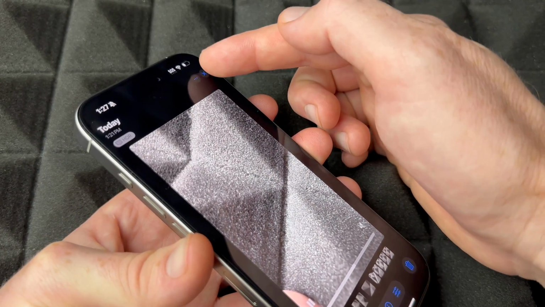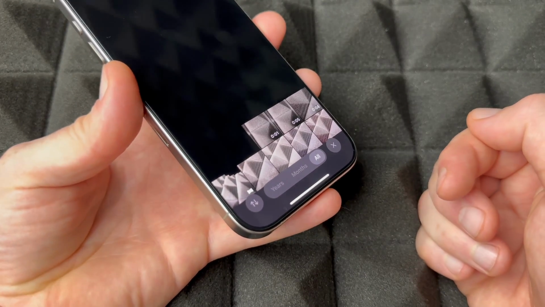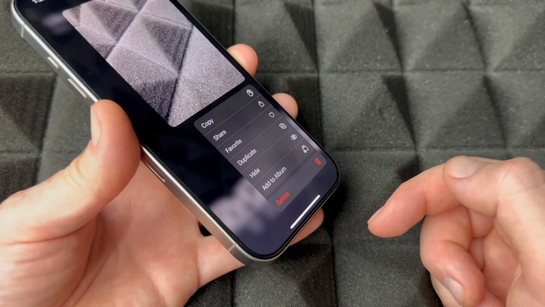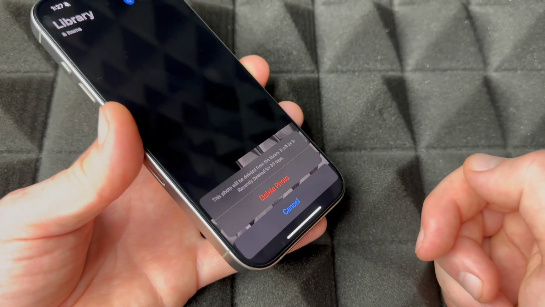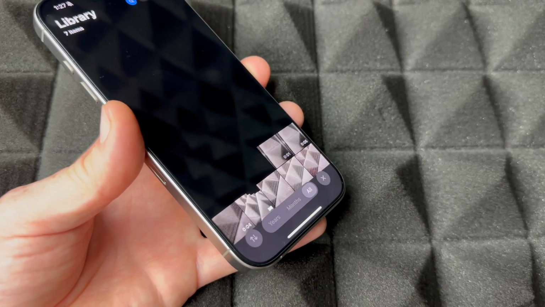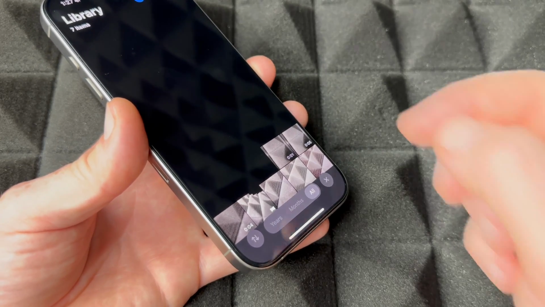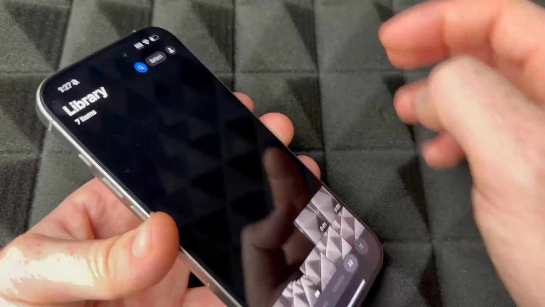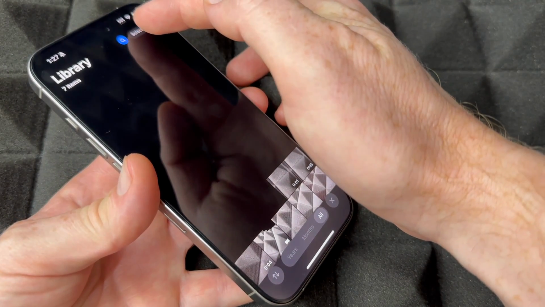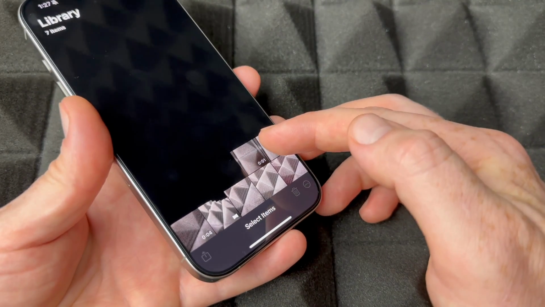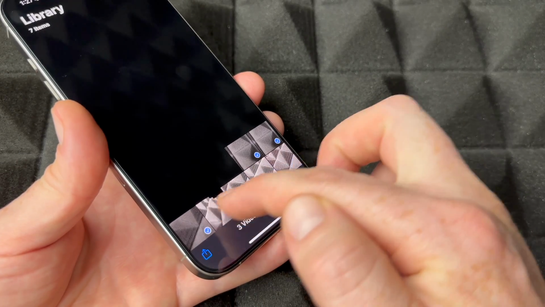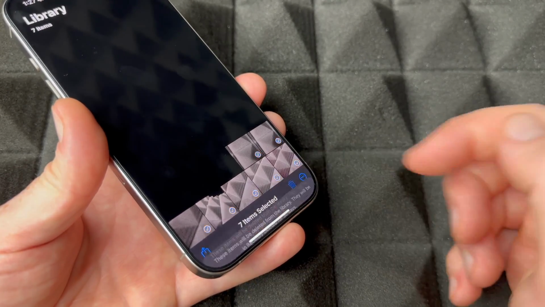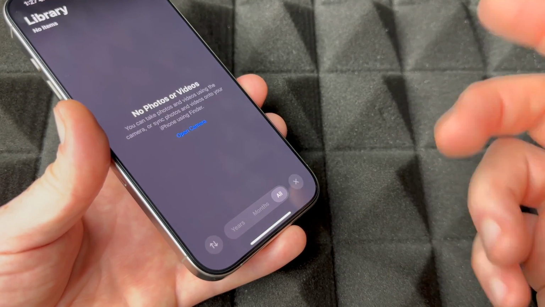I'm going to press X on the top here just to show you one more thing, because there is another way to delete pictures, and that's by holding on. You will see various options and then just press on delete. Delete again, and you have deleted that picture. To delete all of them, now let's say there's a lot of them, press select. So again, to delete all of them, just press select on the top right hand side. Then go ahead and just swipe right across. It's going to select all of those. I can delete all my pictures just like that and delete. So I just press there,